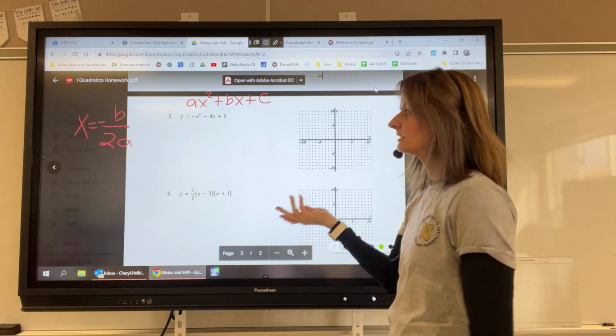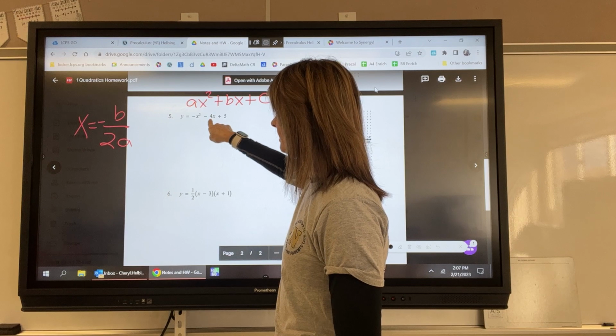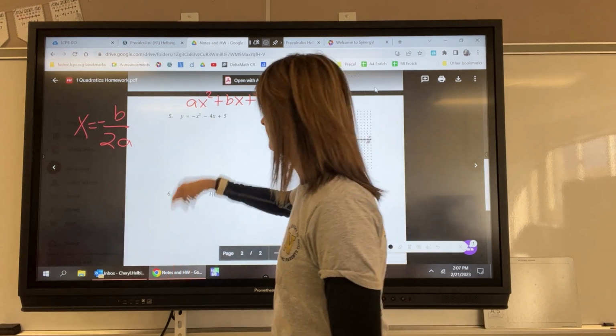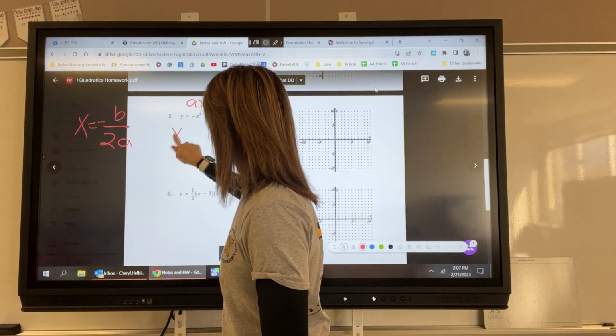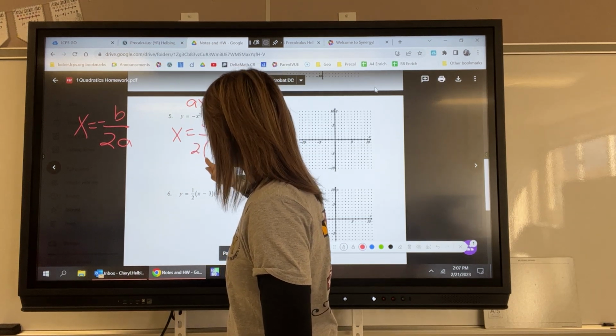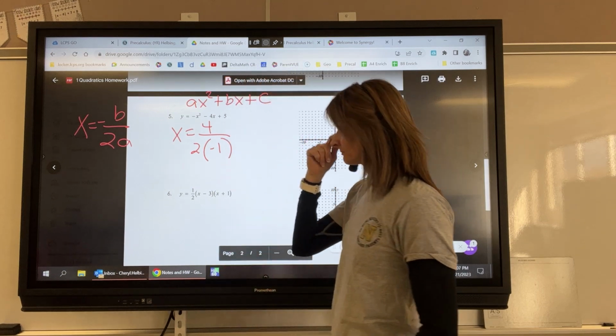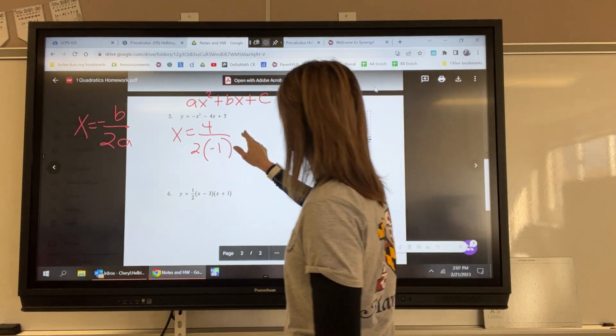Let's do it. We haven't done it yet. b is -4. So negative b is 4. So x equals 4 over 2 times a, which is -1. So x equals